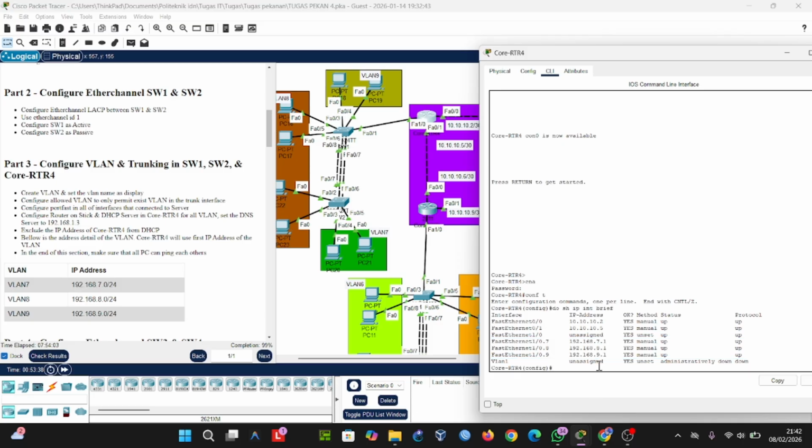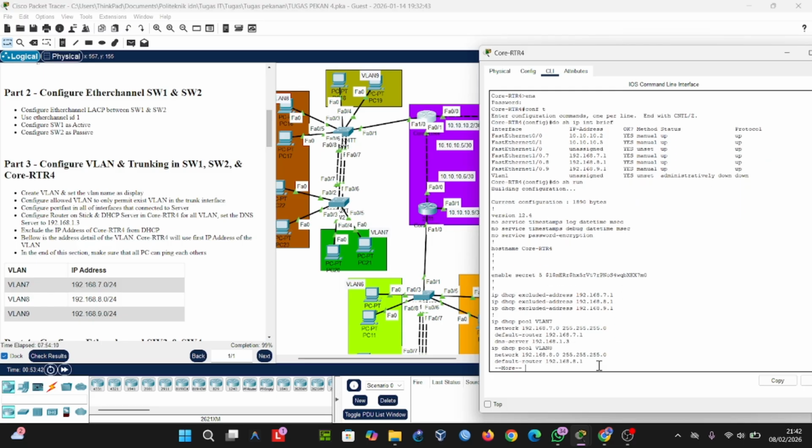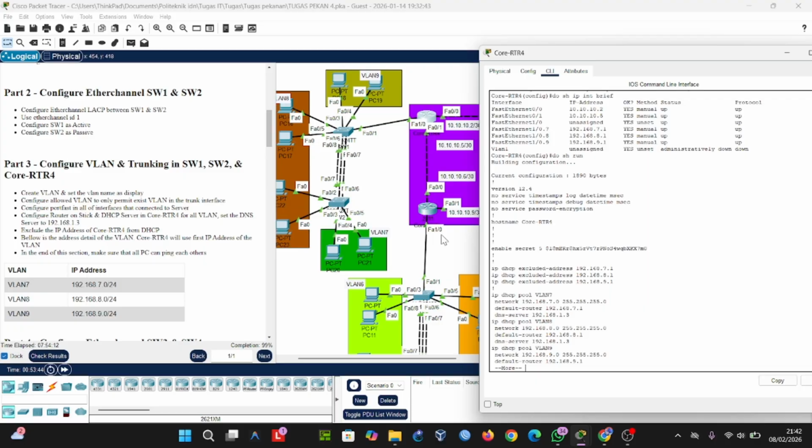I can use show run to look up the complete configuration. You can see the enable secret that I configured.